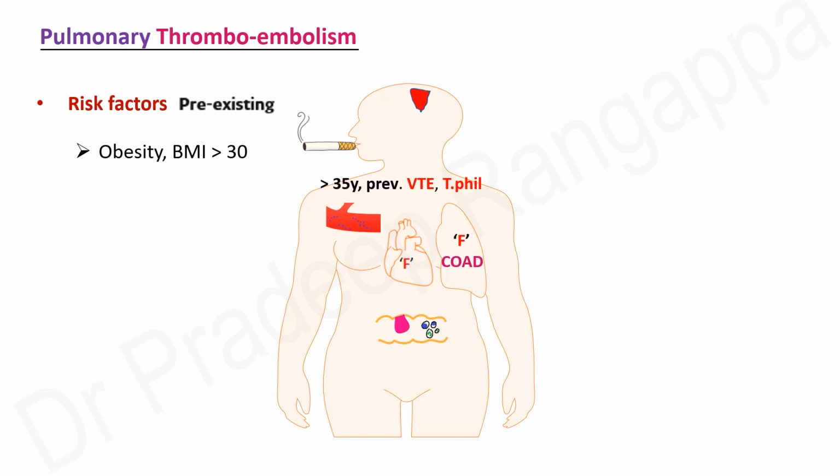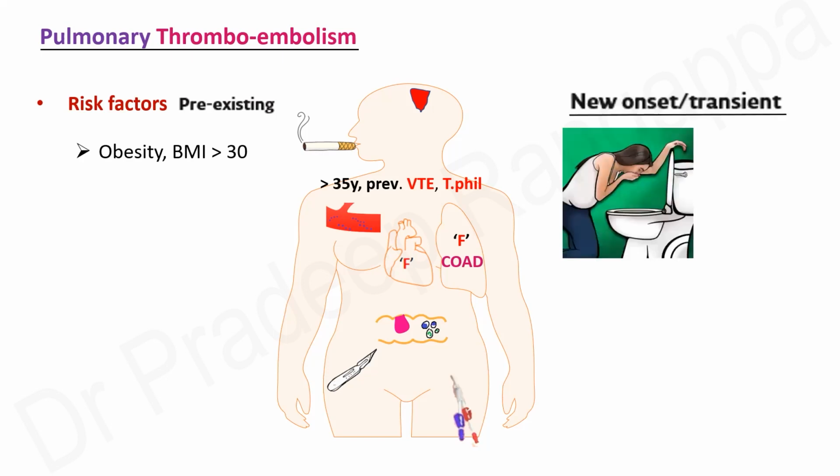Anyone with chronic inflammatory conditions like inflammatory bowel disease, or someone who has undergone major surgery, also qualifies as a risk for venous thromboembolism. Someone with indwelling catheters, and this is very typical in someone undergoing dialysis who has a dialysis catheter sitting, definitely has a higher risk of developing venous thromboembolism. This is a pictorial representation so that every candidate could recall this picture and remember. But the quintessence is to keep cancer, previous vascular events, previous venous thromboembolism, or thrombophilic state as the important factors which put someone at a higher risk.